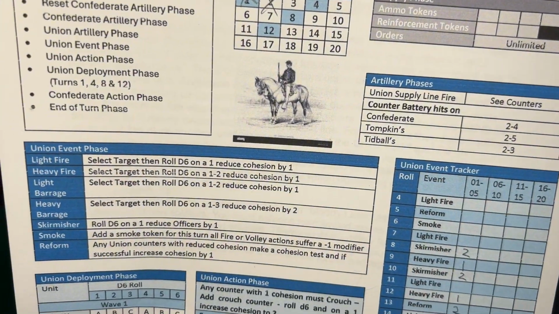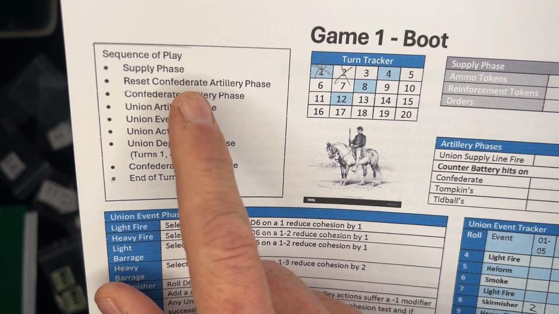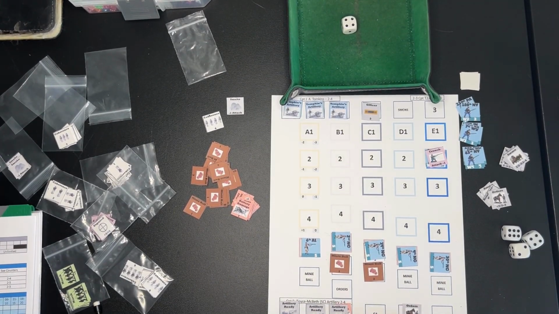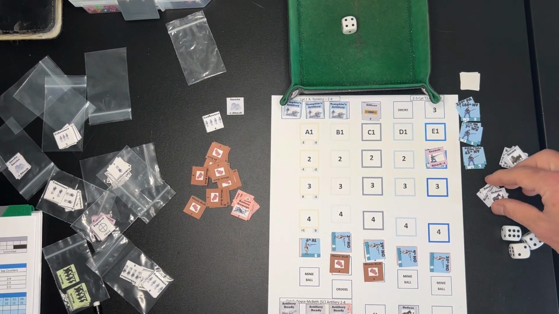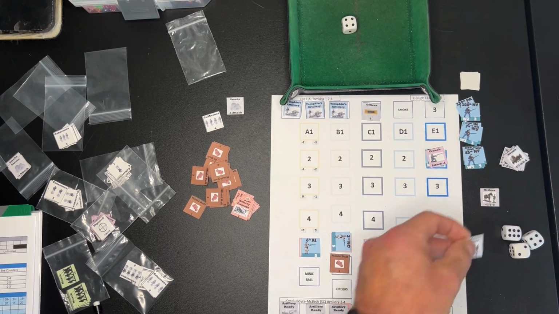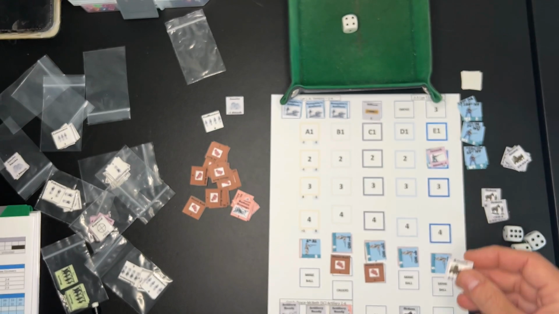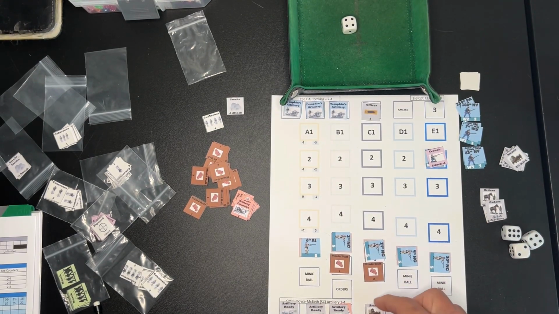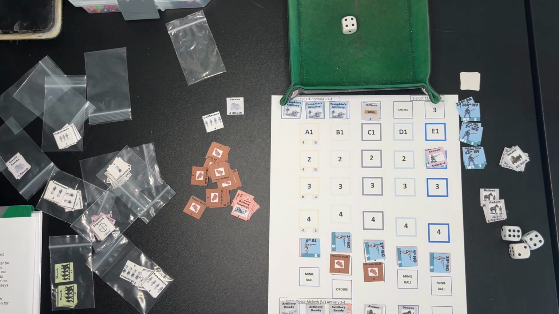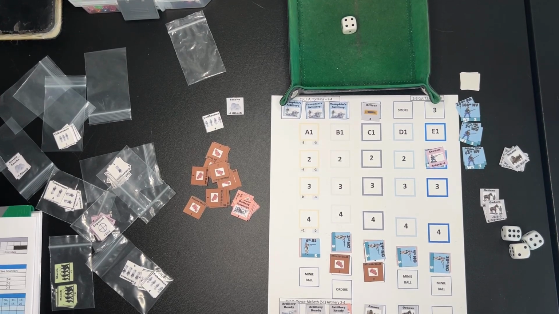All right, so we are on turn 3 now. So turn 3 is a supply phase. So remove him down. Now we're gonna get some ammo in there. Here's our ammo. And then we have to mark it off on our sheet. So we only have 4 more that we can send out. Okay,